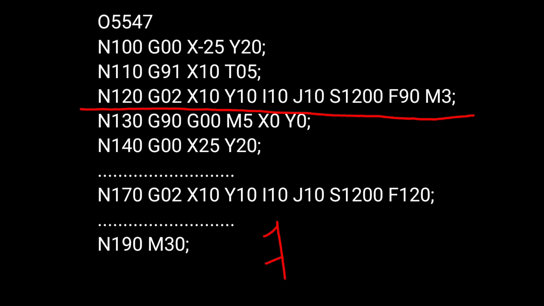All these terms are used in a particular manner which is called the format of the block. Any part program contains a number of blocks. Each block contains a number of words. The format is the method of writing the words in each block. Different formats are used in NC or CNC programming depending upon the requirement of the NC or CNC controller. Irrespective of the format, each block must contain words in the given manner. This is all about the format of a block in part programming.